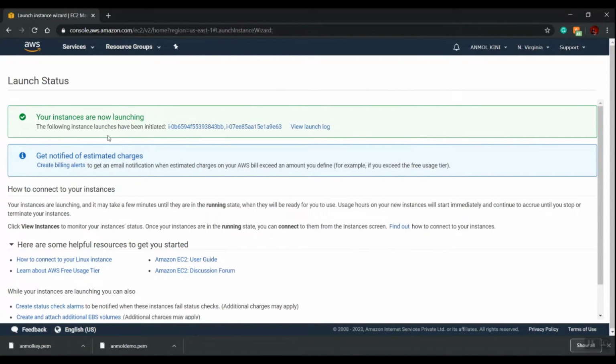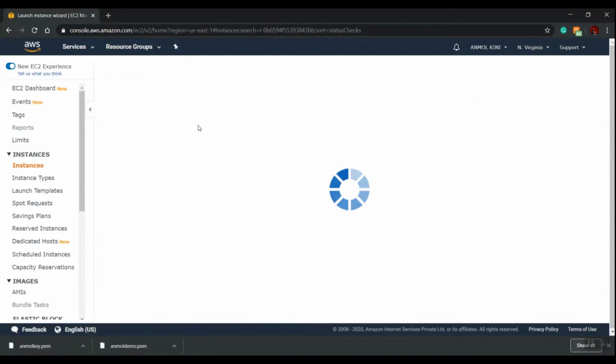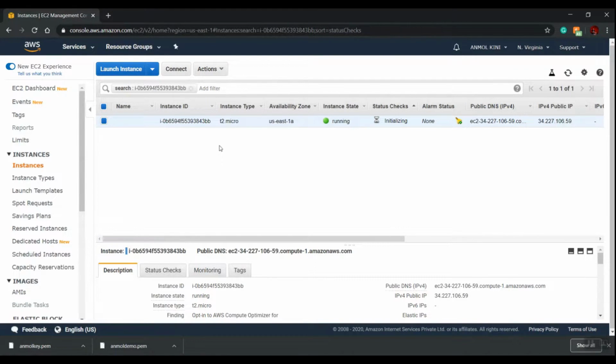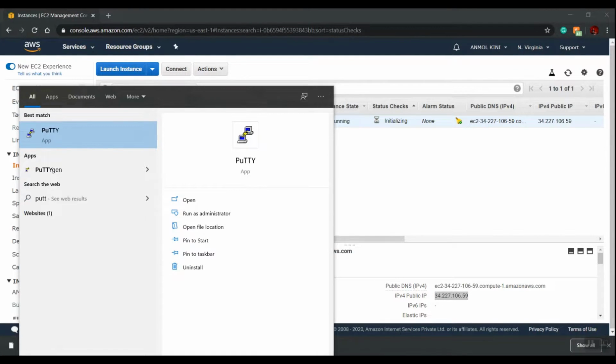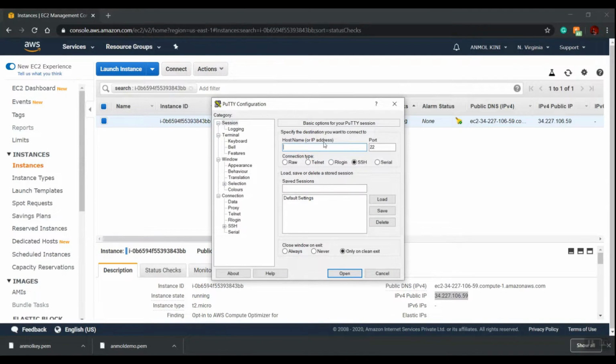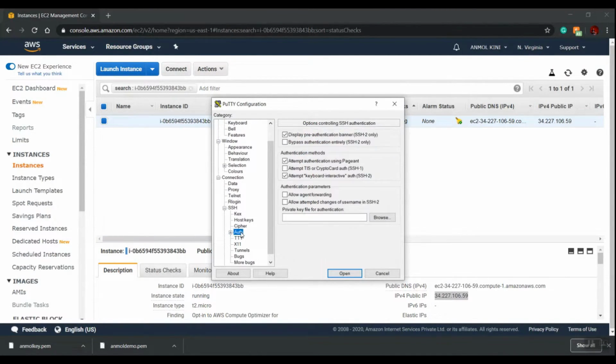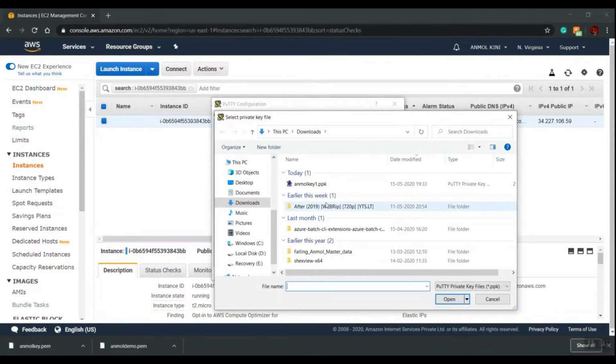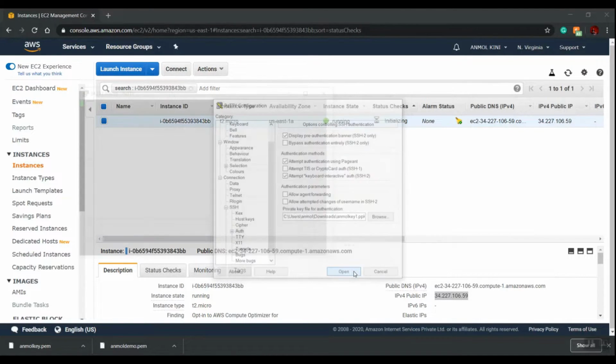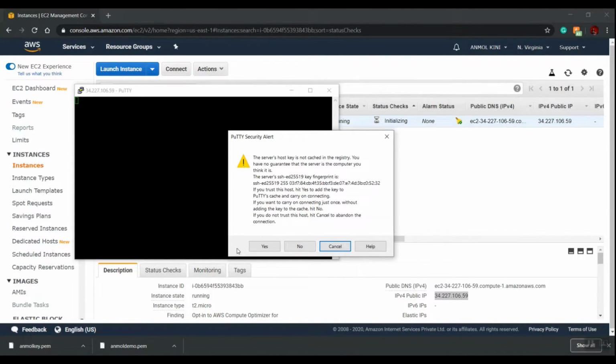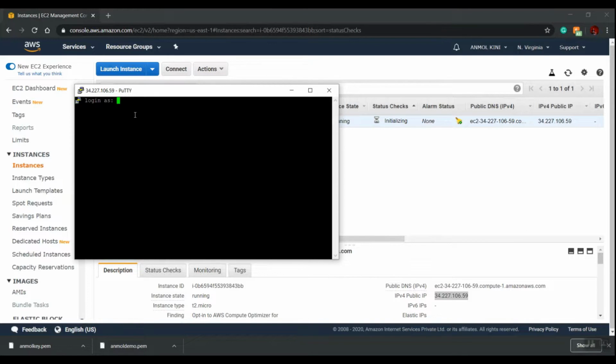Once this is done, let us get into one of our instances which we have launched. Copy the public IP address and open PuTTY. Now we are going to browse for the private key which we just saved. Click on yes and you're in.